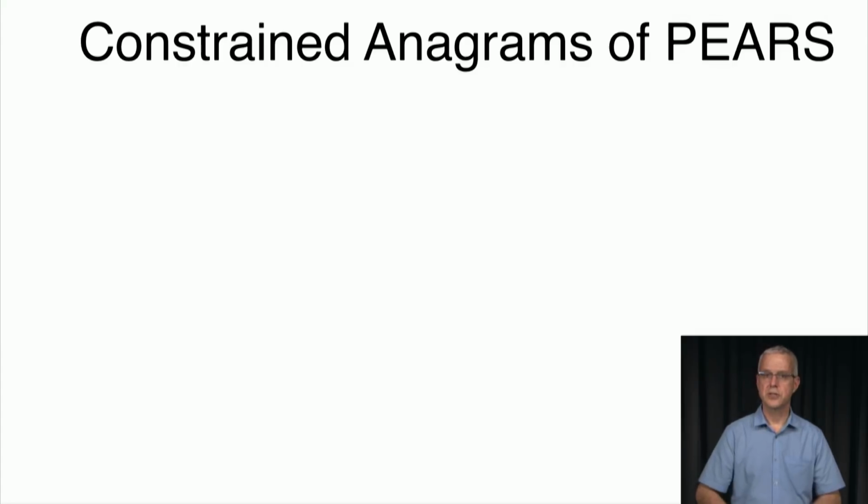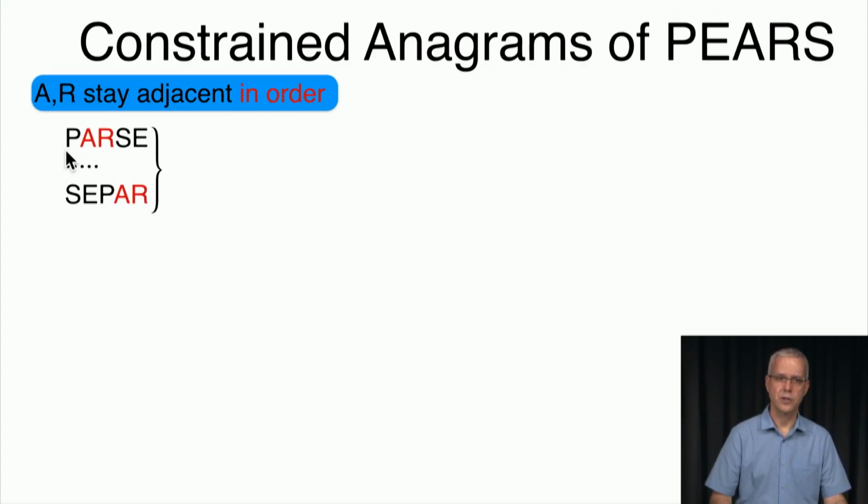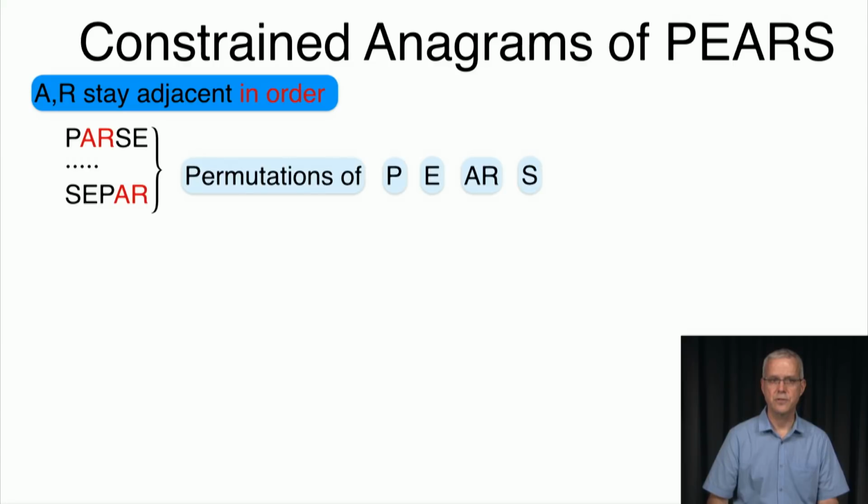Now we can look at constrained anagrams of, for example, pairs. So what if the letters A and R must stay adjacent, like they are originally, and furthermore in order, namely A followed by R? So for example, we're counting words like parse, A followed immediately by R, or separ, S-E-P-A-R, which is not a word, but it's a sequence of these 5 letters where A is followed immediately by R. So if we would like to count how many such anagrams there are, then one could observe that what we're looking